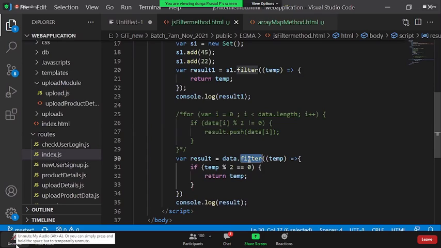Yes, sir. I was having a doubt whether it would work. Yeah, it can be. That is one of the answers actually. If someone says, boss, I have a set, under that I have some n number of values, and my requirement is you need to throw me the even numbers from the set.